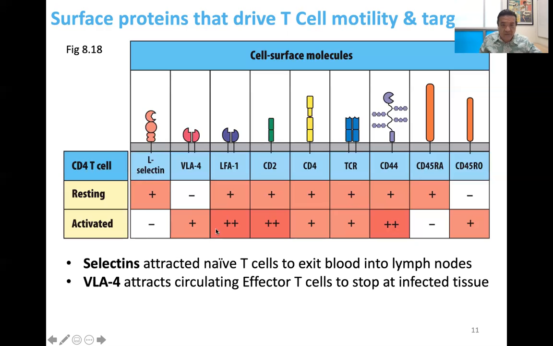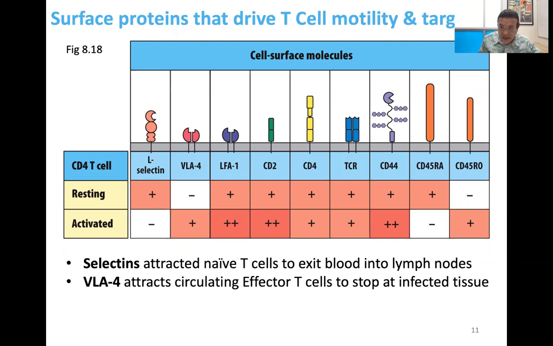Right? And in particular, the fact that whether the T cell is resting and naive or activated, it has this LFA on its surface. But depending on if it's resting or activated, it'll express things like L-selectins versus VLA4. So selectins attract naive T cells to exit the blood when they're passing through a lymph node, right? So that makes sense. Naive T cells want to exit the blood into lymph nodes so they have a chance